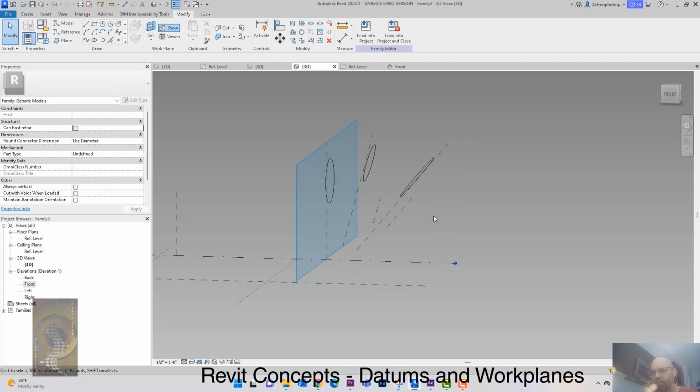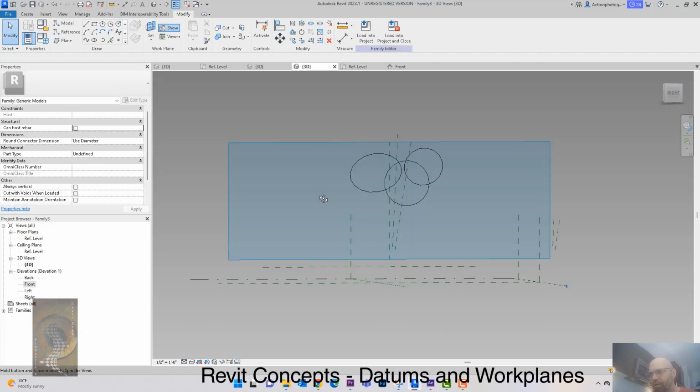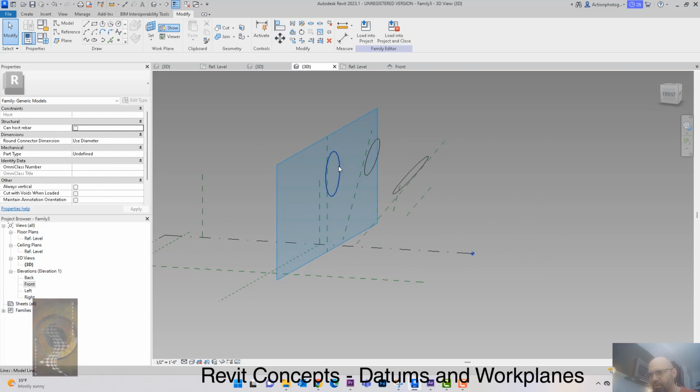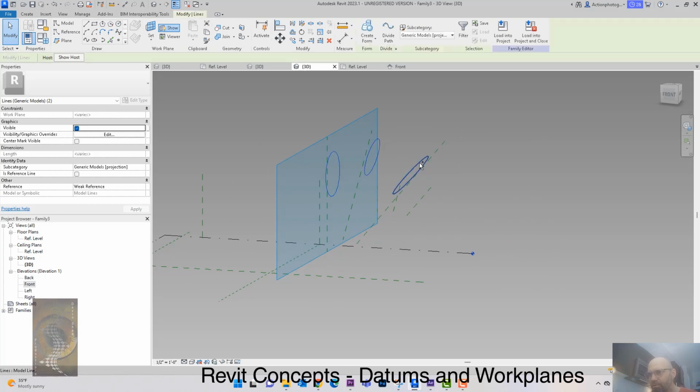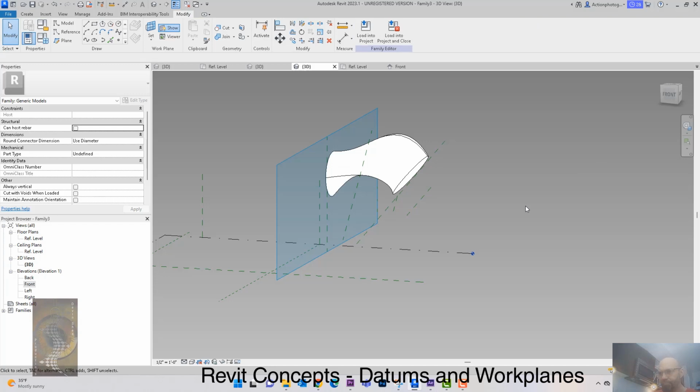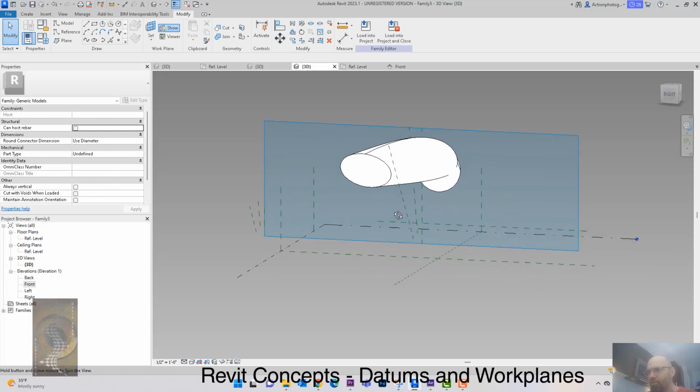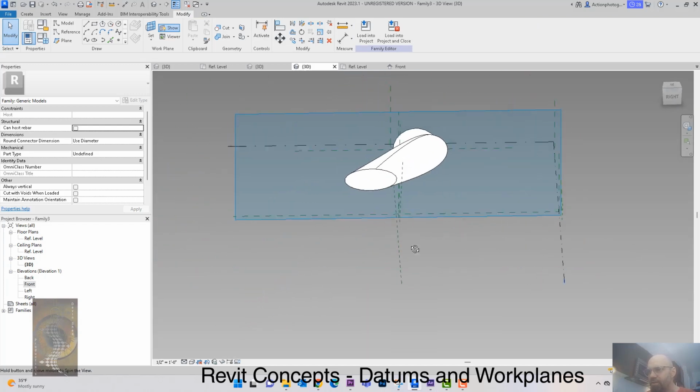Okay, so what I'm doing is I'm creating some objects here, and I'm going to select these objects. I'm going to hit create form. Okay, so this crazy funky thingy that I just built,